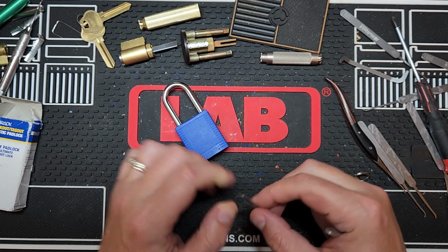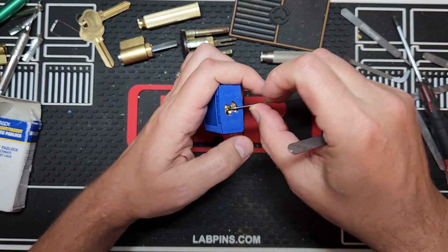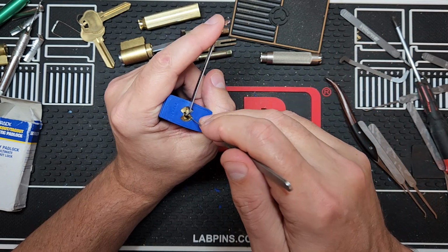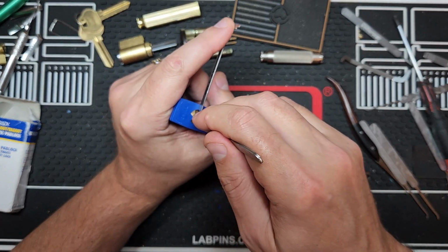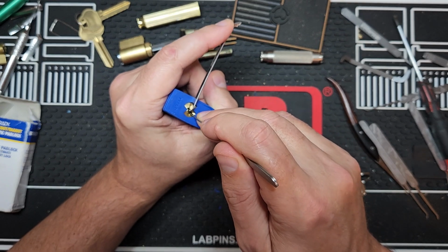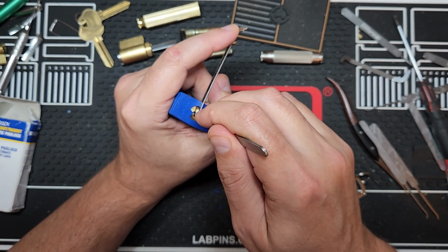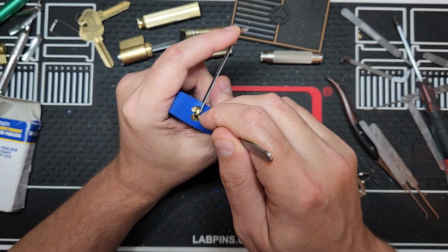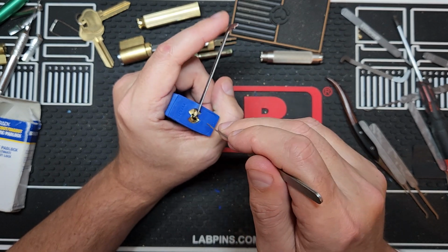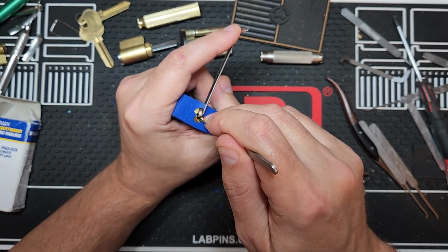Today I am repicking the Brady LOTO lock I did two videos ago. In the comments to that video, Manipulator said he sent me the Brady lock that is guttable. I looked at the bottom and thought it was sealed. It looks like it's sealed, but it's not. There actually is a screw down the shackle hole, so